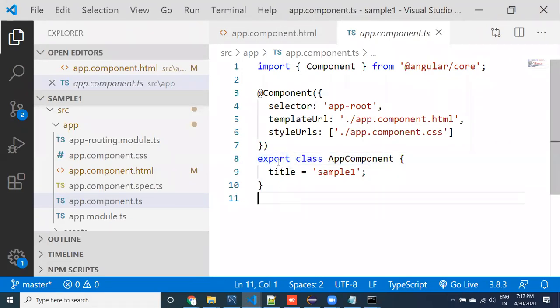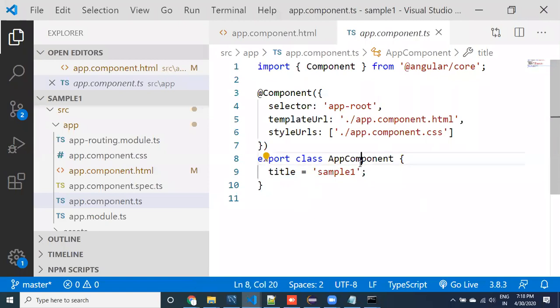So coming to here, export class app component. Export, we are not going to use this export in Java, right? For it is like a public. In TypeScript, it is like public, class name, and this is the property. Okay, this is the property, guys. In Java, we write properties, right? The same way we can write these properties. We can use this property inside the HTML.